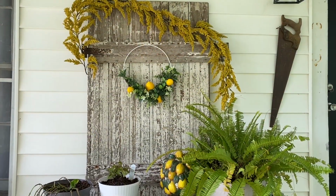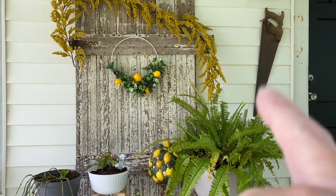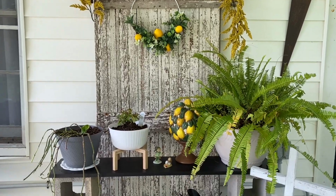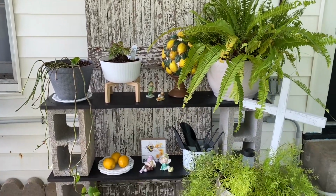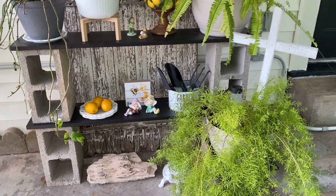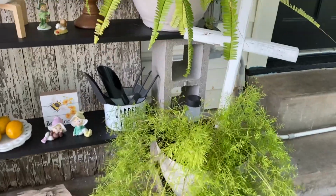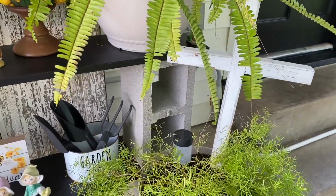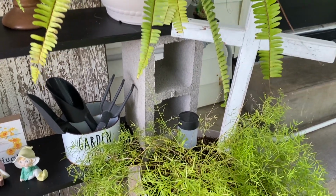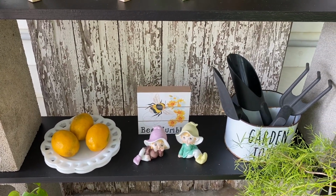The sign right here actually has my house numbers on it, so I have it turned backwards. I have a large asparagus plant here, a cross that was made by my elderly neighbors. They have since passed. A Dollar Tree solar light, some lemons that I got at the thrift store, some milk glass paint, plates,